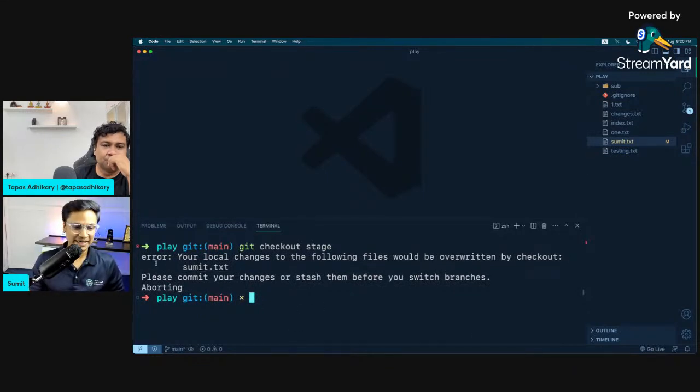Okay, so here it says your local changes to the following files would be overwritten by checkout. That means you were working inside the main branch and made a change, and now you want to switch to the stage branch, but you did not commit yet. If you want to treat it like a draft, where you don't want to commit or stage but just save it, like we do in Gmail or any mail client, so we can switch to any pages